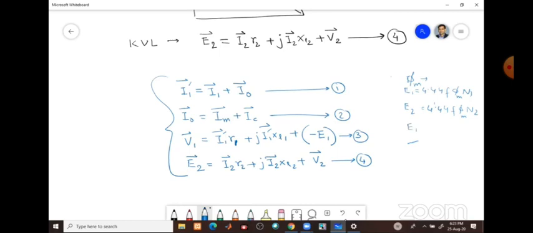And here we can write E1 by E2 equals N1 by N2. That is another important equation. Another equation we get from this MMF balance, that is I1 N1 equals I2 N2. So these are two very important equations, the voltage ratio and this MMF balance equation. All these equations I have jotted down. If you can remember these equations, that will be enough.